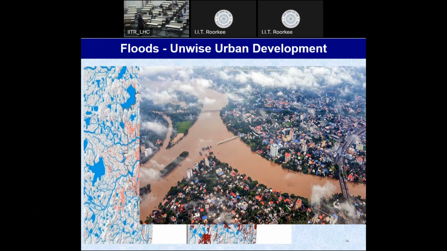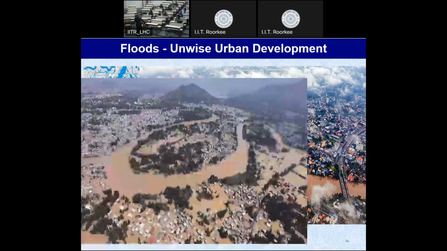Houses have been constructed, and whenever there is intense rainfall, whenever there is high flow in the river, all these houses will be submerged. You don't really need to be a genius to say that these houses will be submerged. You see, the infrastructure is also submerged. So the ways to go out of the city are also now blocked, and people cannot leave the city in case of a flood.